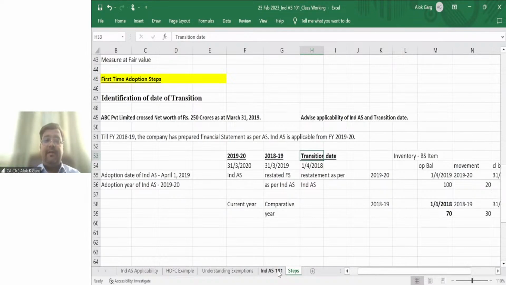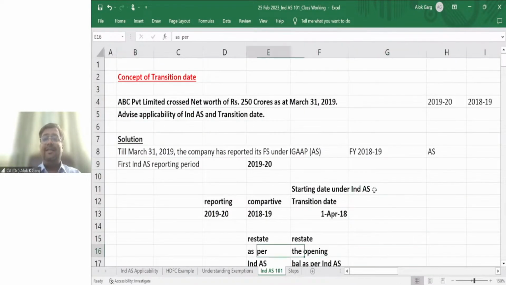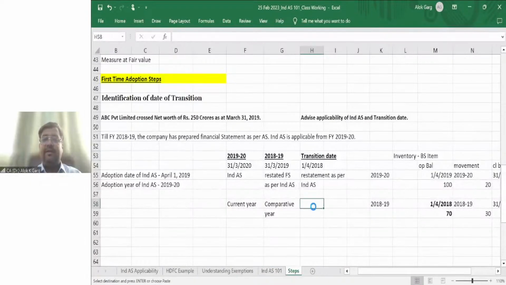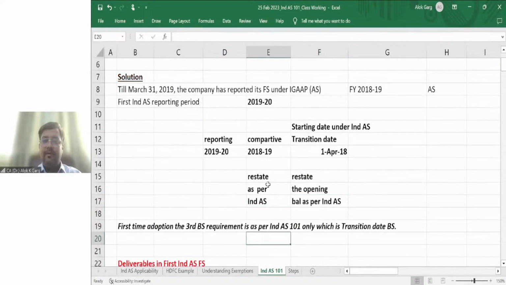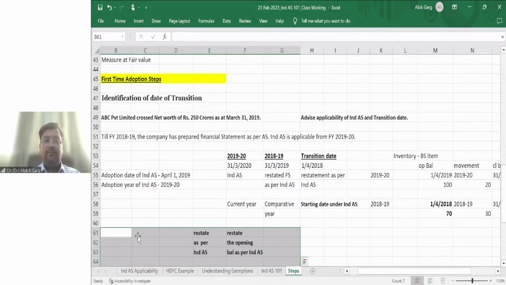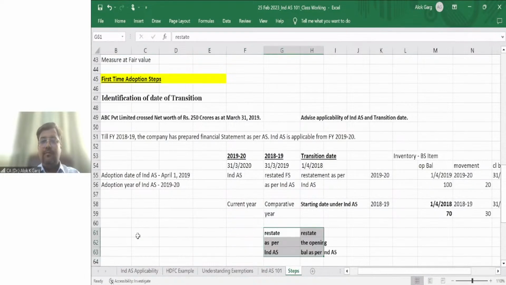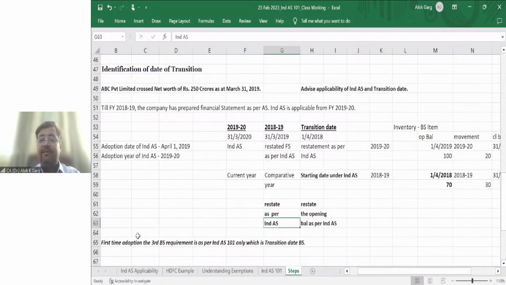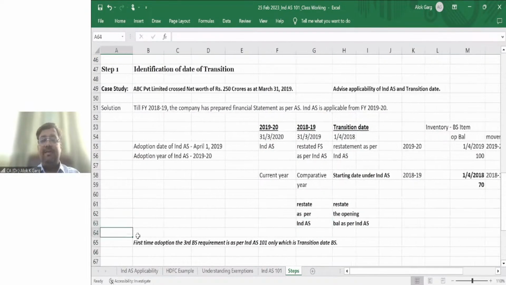What is the concept of transition date? This transition date is the starting date under Ind AS. It is also known as the starting date under Ind AS. Clear? So here restate the opening balance as per Ind AS. Here financial statement restatement is required. On transition date only opening balance restatement is required. For first time adoption, the third balance sheet requirement is as per Ind AS 101 only, which is the